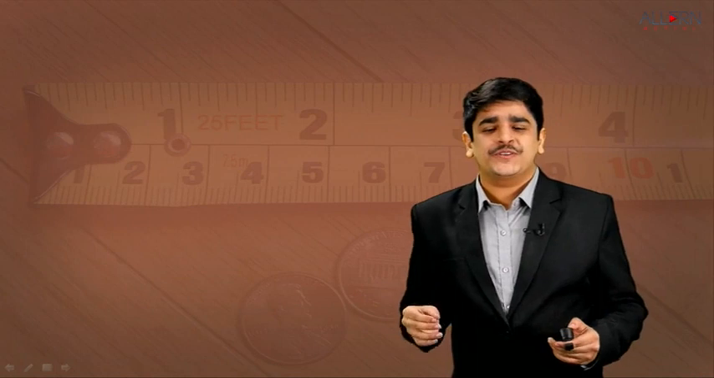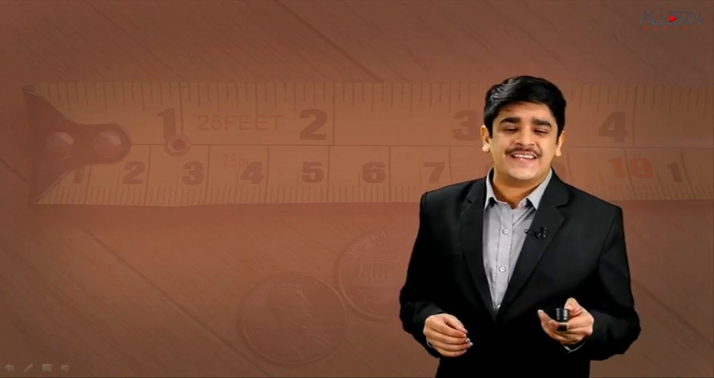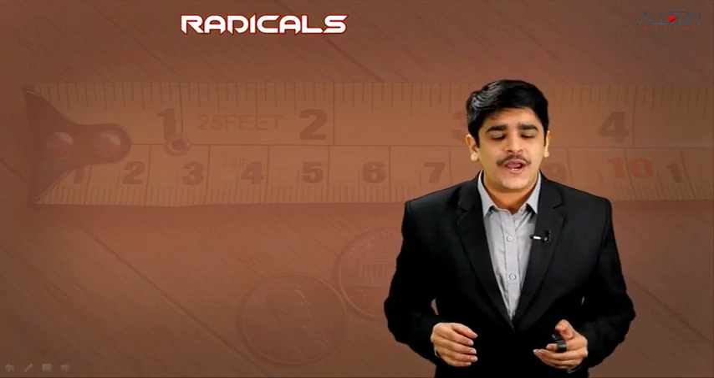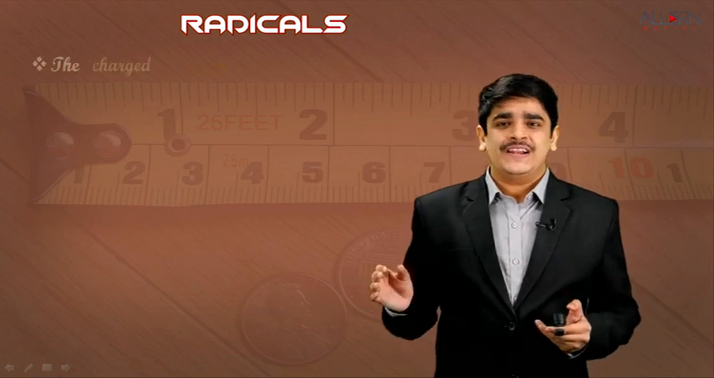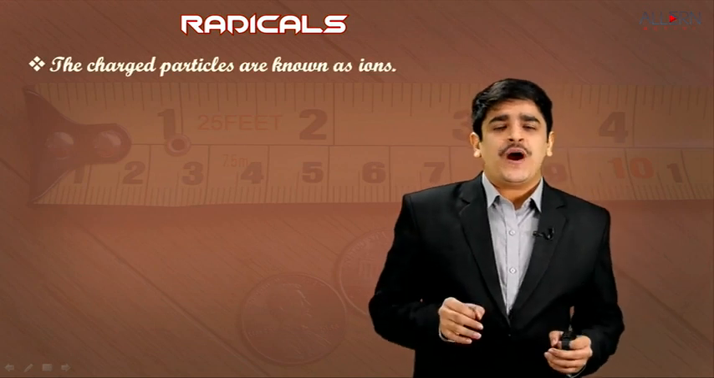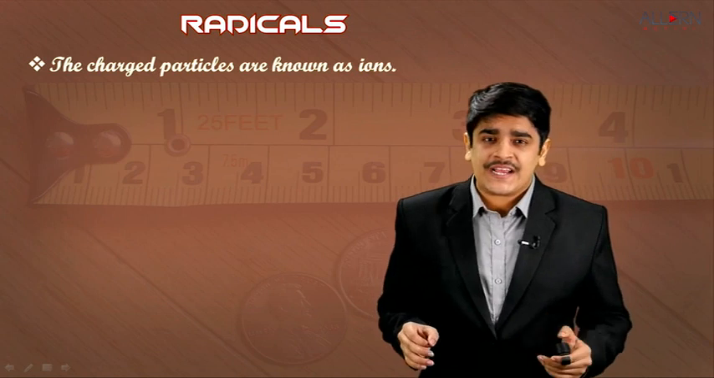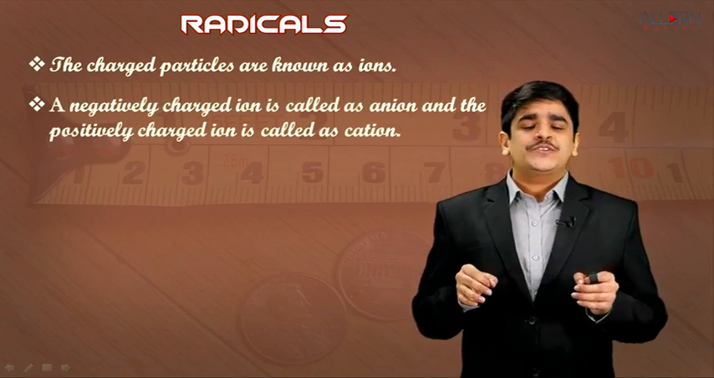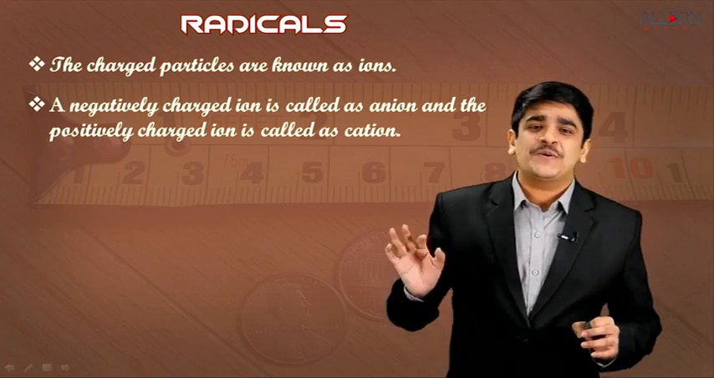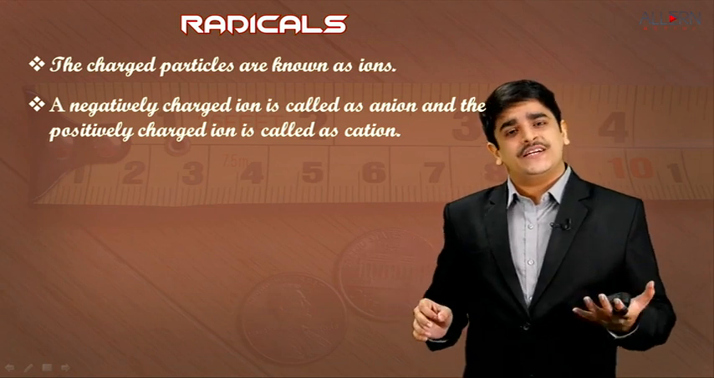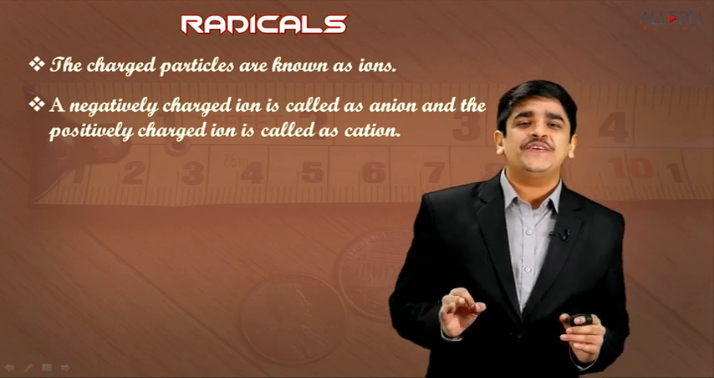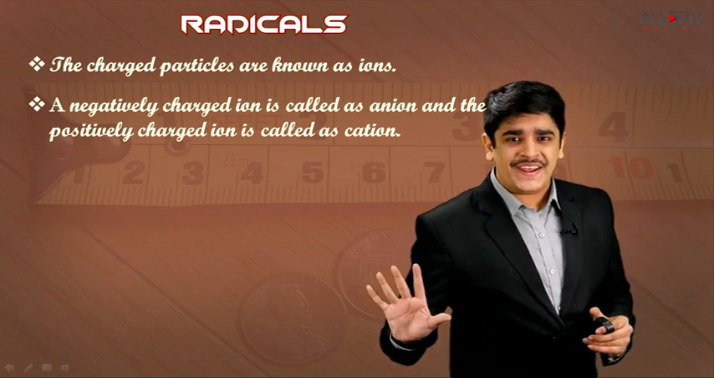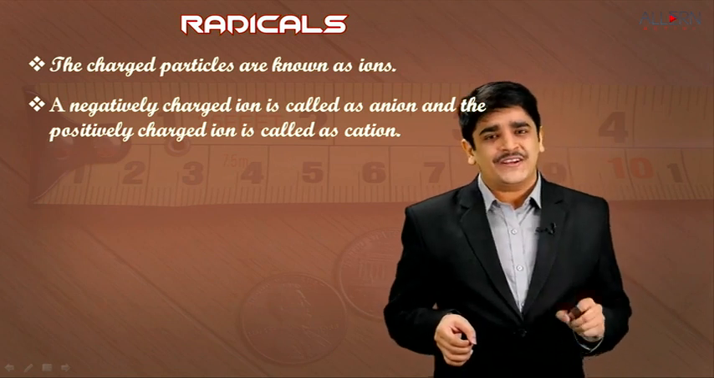Welcome back. Now in this particular module, we are going to discuss a concept which is called radicals. Now understand what radicals exactly are. Let's begin. The charged particles over here, one must understand, are called ions. A negatively charged ion is called an anion, and a positively charged ion is called a cation. I'll repeat, a negatively charged ion is called an anion and a positively charged ion is called a